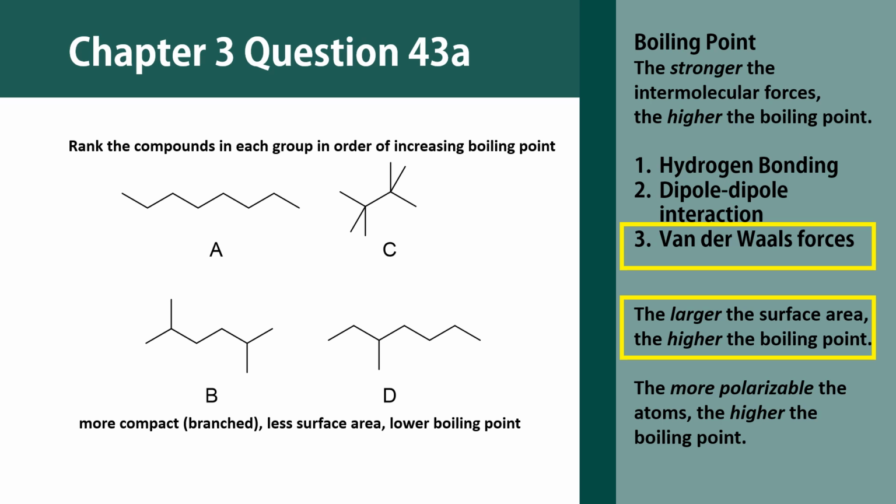The more compact or branched, the less surface area, the lower the boiling point. The most obvious one is structure C, with the most branches and most compact. The least compact is structure B, followed by D, and last A. So A will have the highest boiling point, and the order will be C, B, D, A. Pretty straightforward. Next,